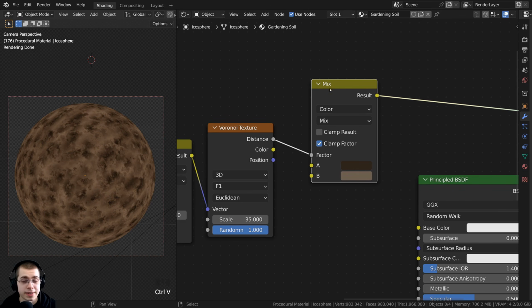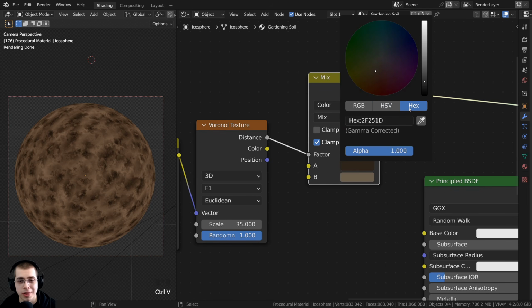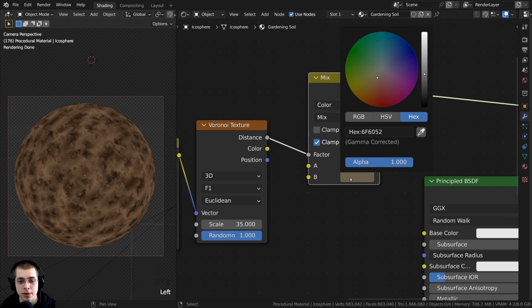And if you want to use the exact same colors that I'm using, then here on color A, you can go to the hex value and you can punch in 2F251D. That's the exact color that I'm using. And then here on color B, if you click on the color and go to the hex, I'm using a hex value of